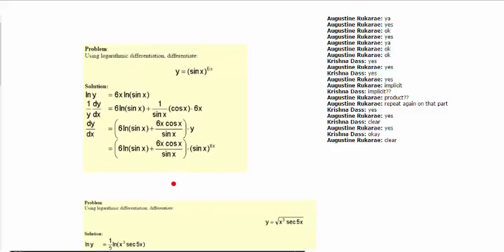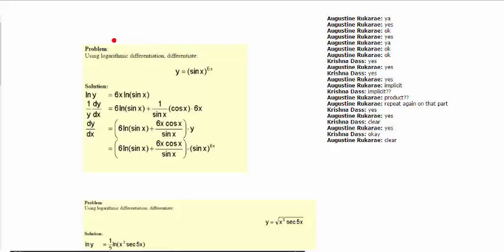So now let's look at one example of a logarithmic differentiation. The problem is we have to use logarithmic differentiation to differentiate y equals sin x to the power 6x. Remember one thing: they will ask you to use logarithmic differentiation to differentiate a function which will be given in this form, right? Something like this. So first of all, you have to apply ln both the sides,